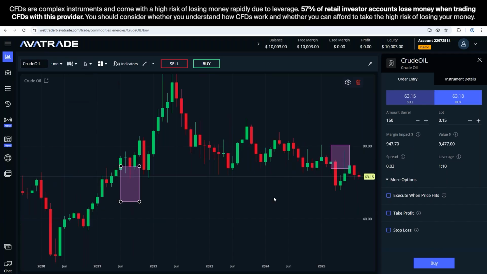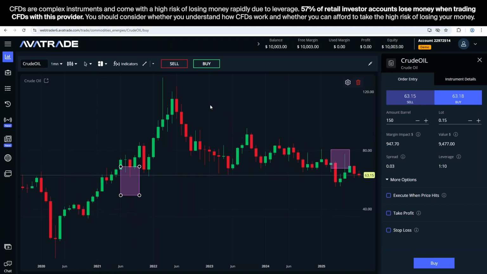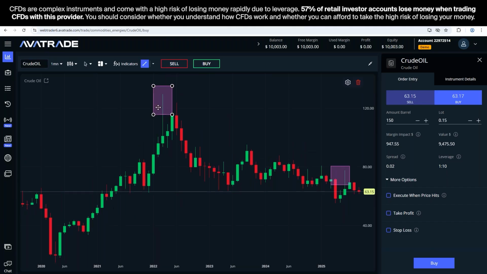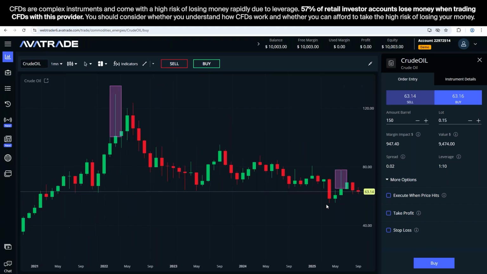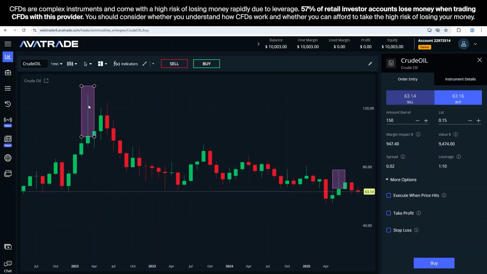So if we switch back to the candlesticks, as you can see, some parts of the candles disappear. For people who are less experienced, this doesn't mean anything, but